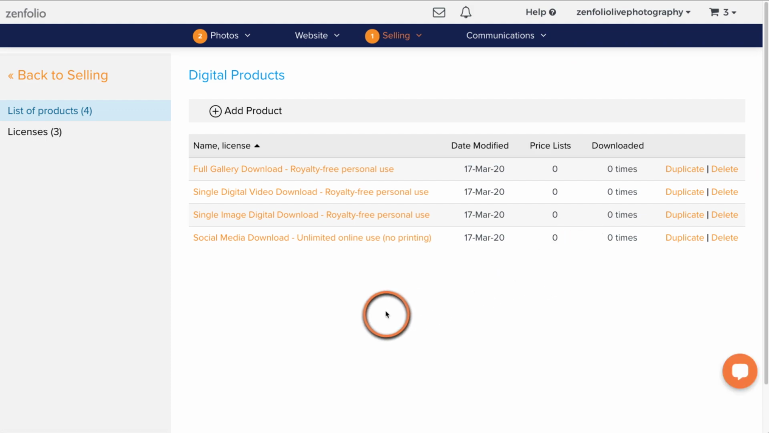Now, I do want you to know that right now, all we've done is create the products. These are not available for purchase to a client yet. We still have to apply them to a price list. So what you've done is you've created the product templates that can then be applied to packages and price lists